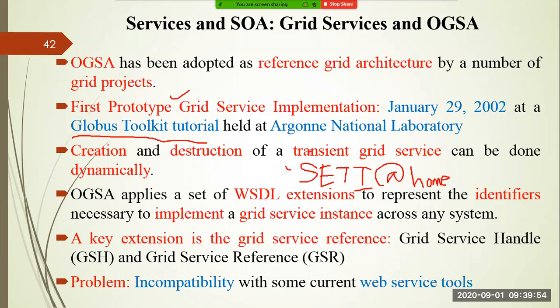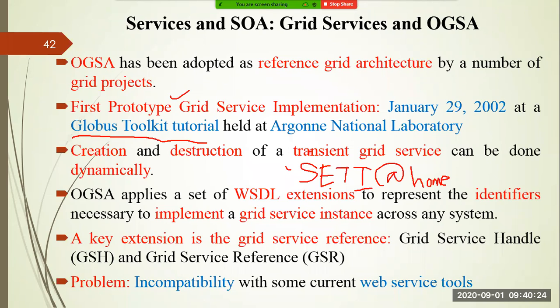OGSA applies a set of WSDL extensions. I told you that in service-oriented architecture, people are using the WSDL language. So here also OGSA applies a set of WSDL extensions to represent the identifiers necessary to implement a grid service instance across the system. Whatever things are there in WSDL can be extended, and the key extensions used in the grid service reference are the grid service handle, that is GSH,